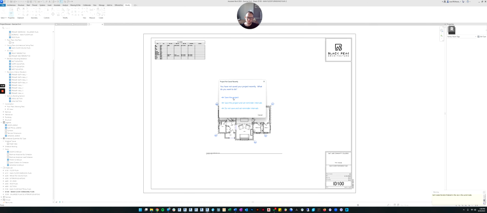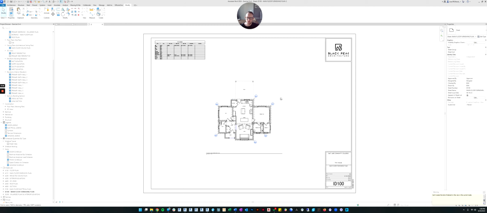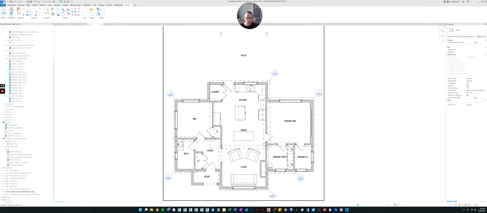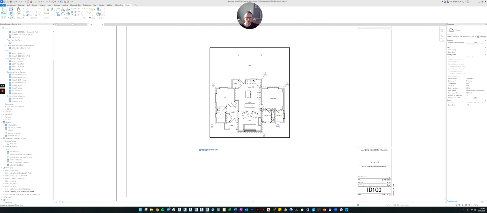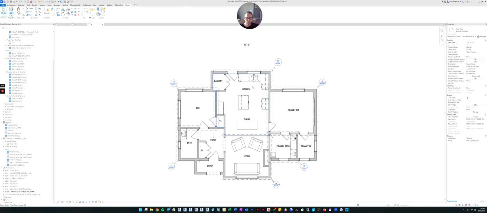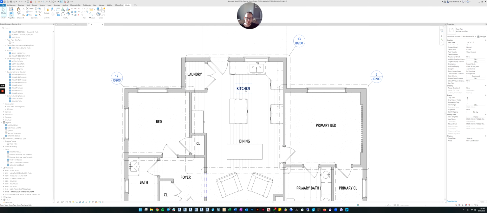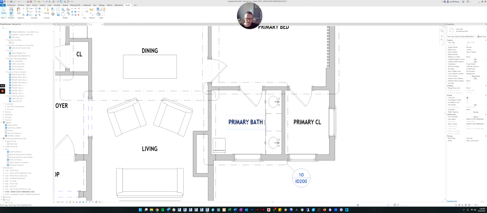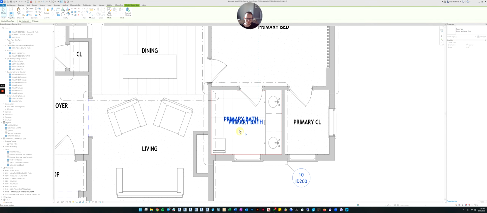I'll save my project really quickly. Okay, now we've loaded our tag into our project. Let's double click to enter into our furnishings plan. Let's highlight the primary bathroom.